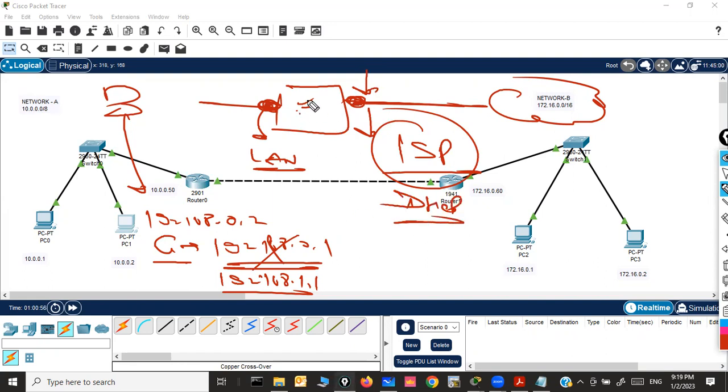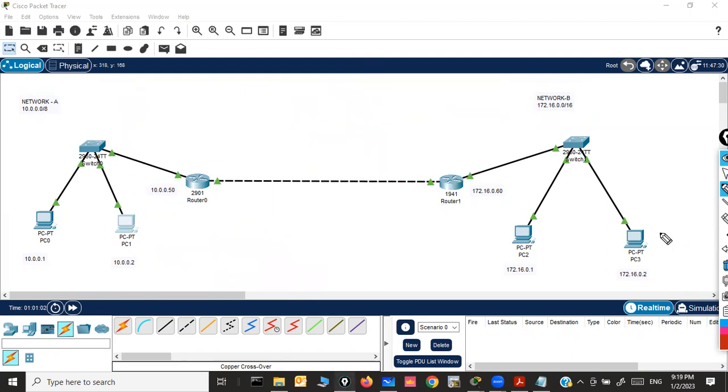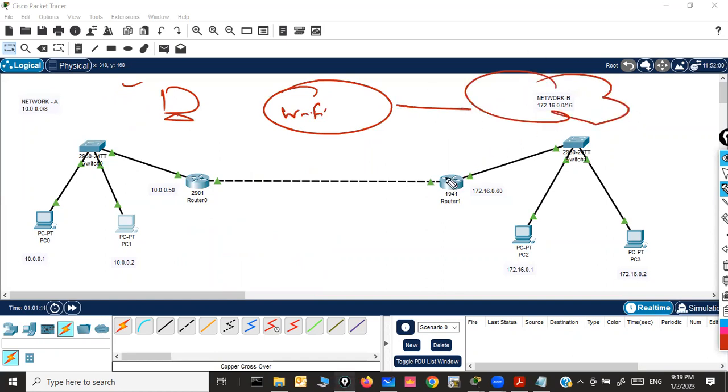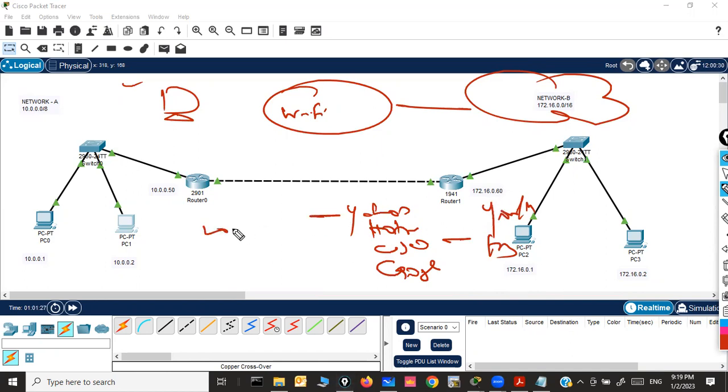So even a home router has two interfaces and is doing routing. You are on your laptop or personal machine, but with this Wi-Fi router you are accessing different networks. Yahoo is a different network, Hotmail, Cisco, Google, YouTube, Facebook are different networks, because the internet is a network of networks. Maybe Yahoo's IP address starts with 20, maybe Google's starts with 103 dot something, and my machine's IP is something different, right?